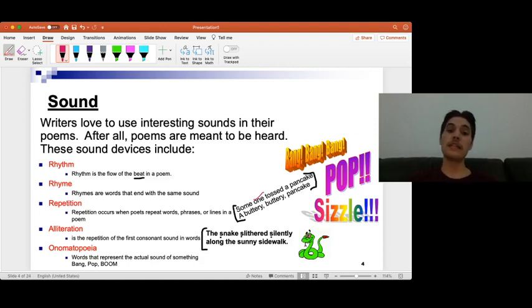And the last one that we can add is called onomatopoeia. These are basically words that describe a sound that's made. So if you shoot a gun, the gun kind of makes a bang sound. And we can represent that by putting B-A-N-G. So that's an onomatopoeia, right? If we are blowing up a balloon and it explodes, it makes a pop. And because it sounds like a pop, we write it like a pop. And when we put that in our writing, it can really enhance our poetry. Sometimes it's not needed in stories, but in our poetry it's good.